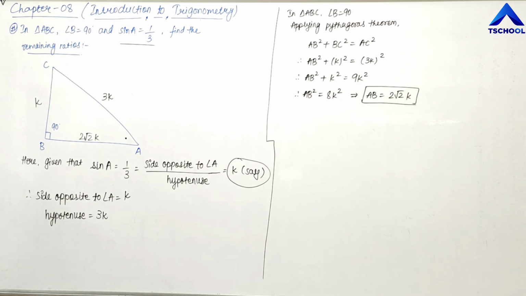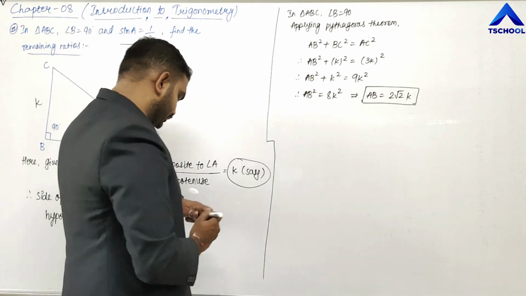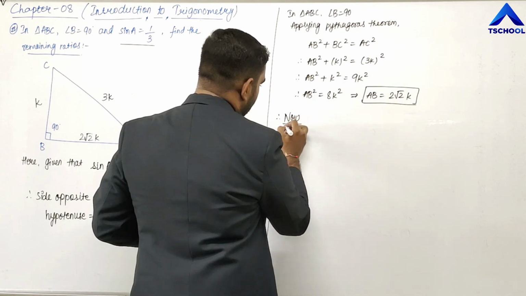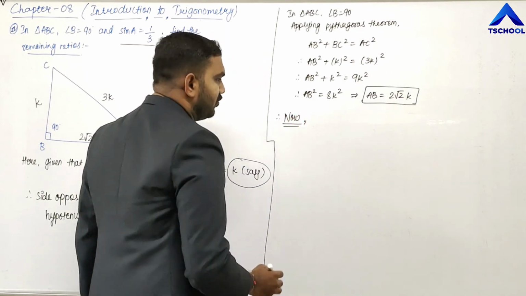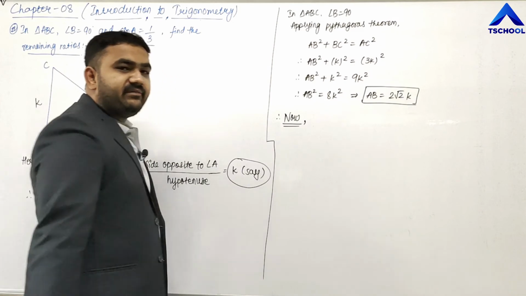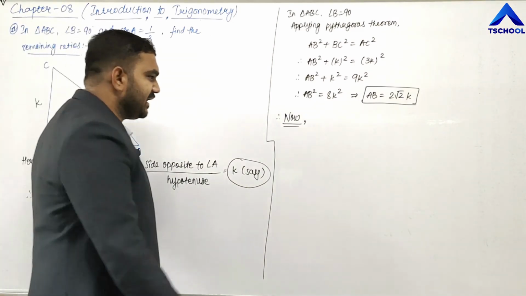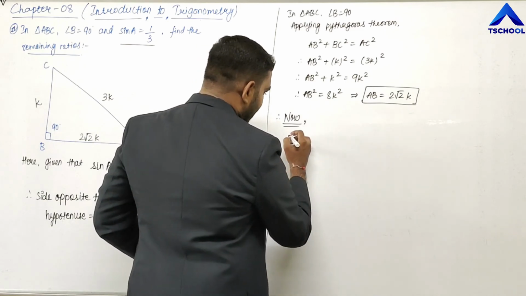So the second ratio, that is cosine of angle A. Now cos A,